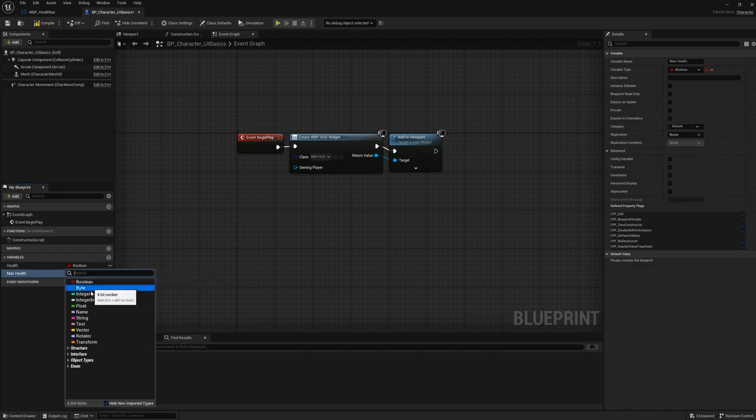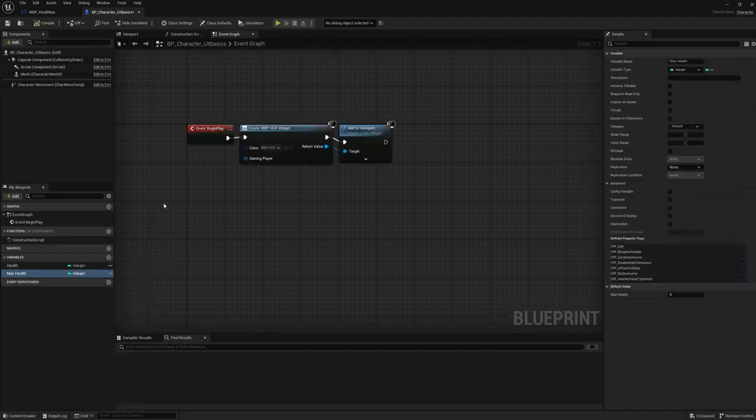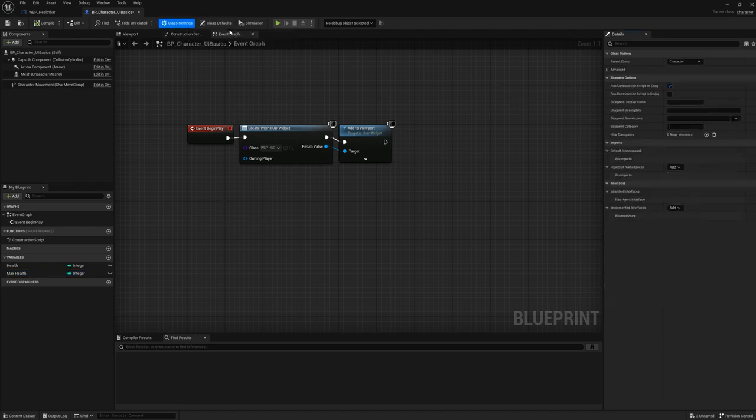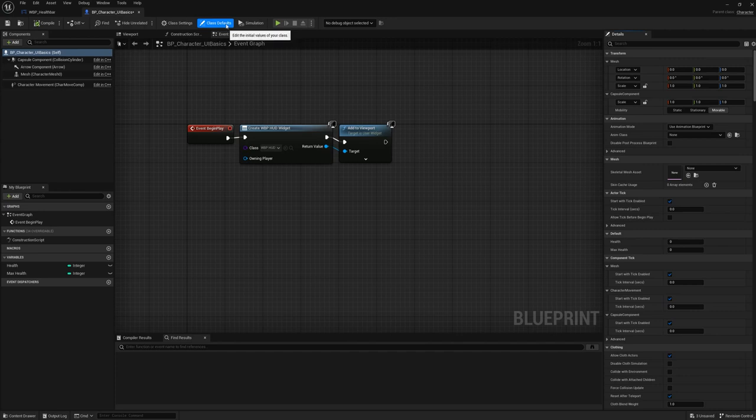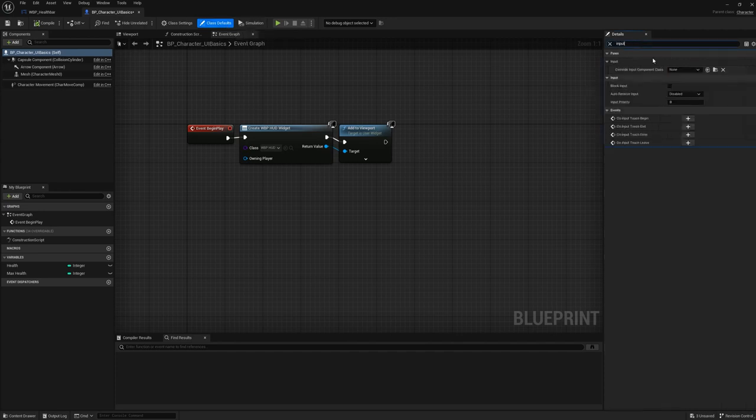And I'm going to change this to integers and compile. Before we can listen to input, we need to tell this blueprint that we actually want to listen to input. So if we go to class defaults and you search for input, and under auto receive input, select player 0 and compile. And now we can right click